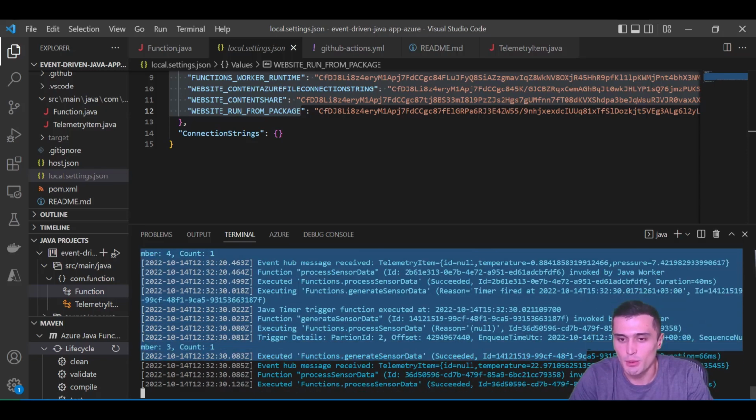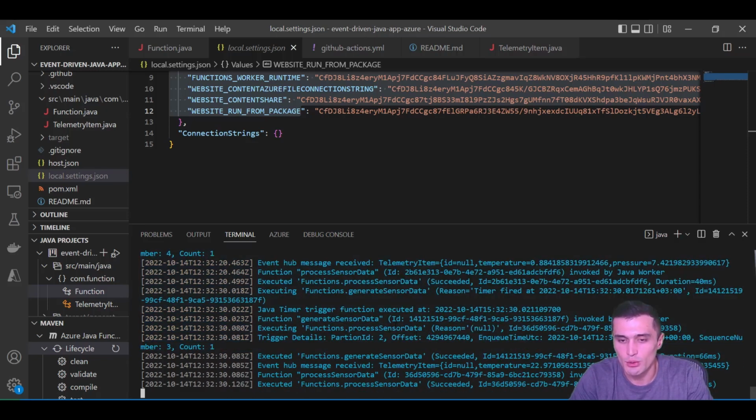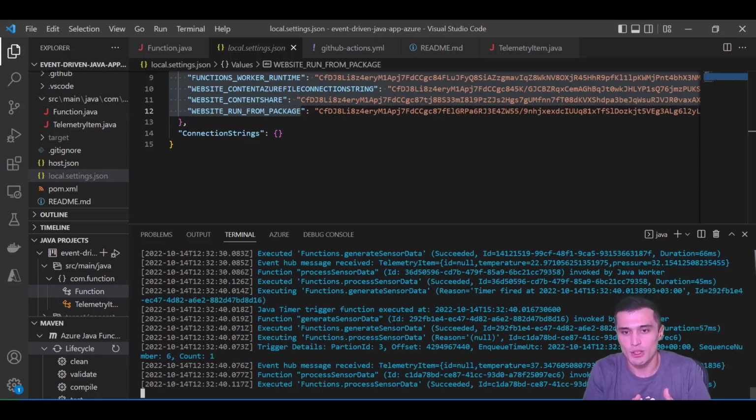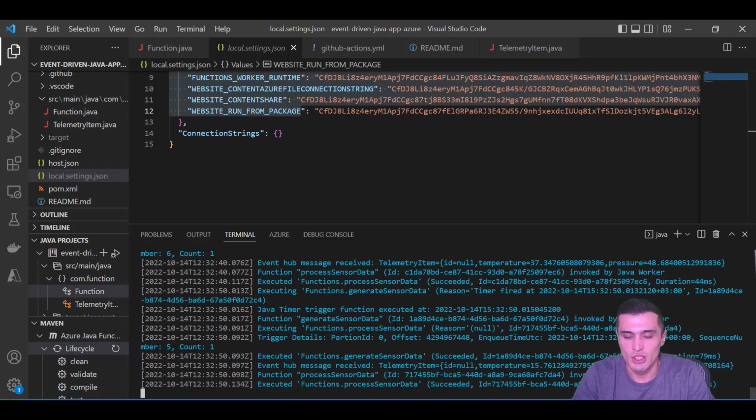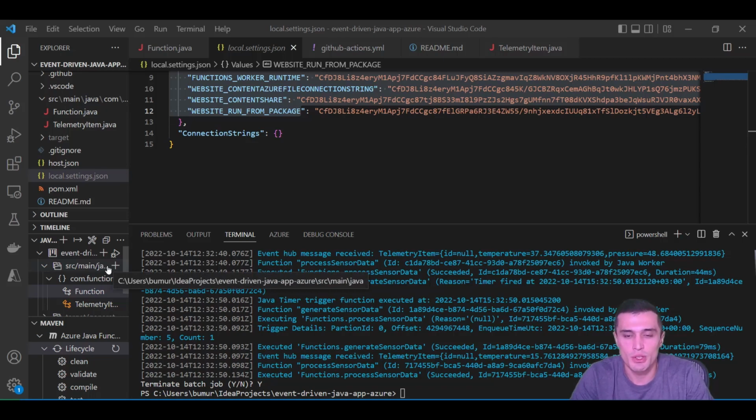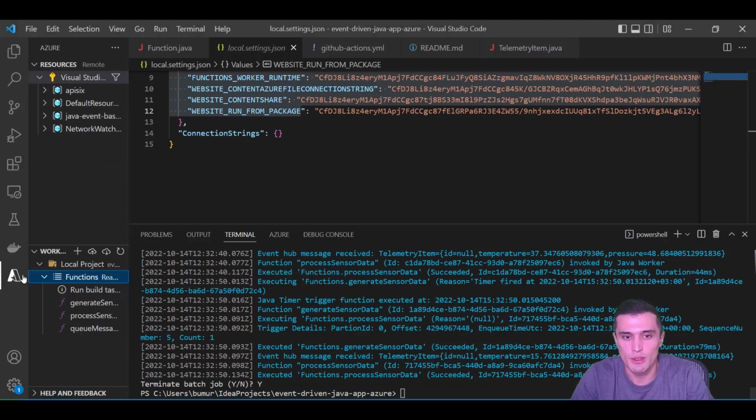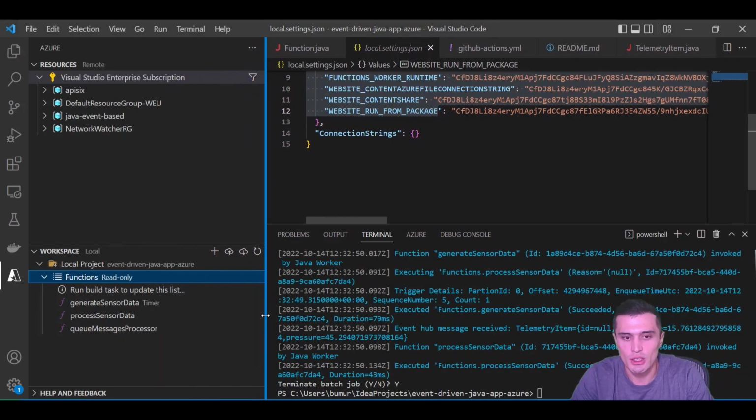So with that we are able to run our Azure function locally by using VS Code. You can just develop your Azure function, get some settings and test it locally. After the next step, we can try to deploy these changes to Azure. We have many deployment options from VS Code. We can use the Azure extension, or we can just run the command line.